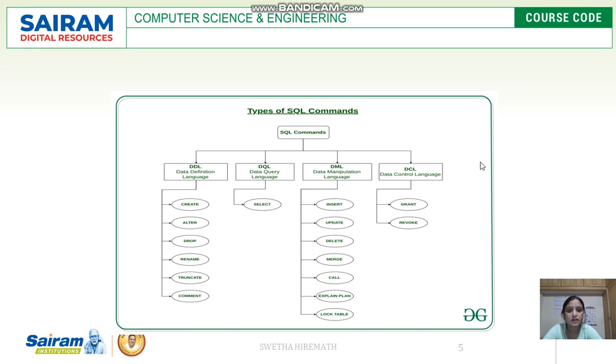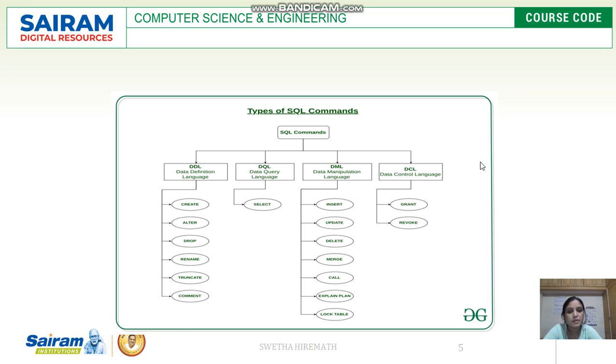Once this table has been created, and once we are ready to manipulate it, some permissions have to be given to the users of that particular table or database. For that purpose, we have some data control commands which can be used in order to avoid the misuse of the tables by the users. Here we have two different types of commands: one is grant and the other one is revoke.